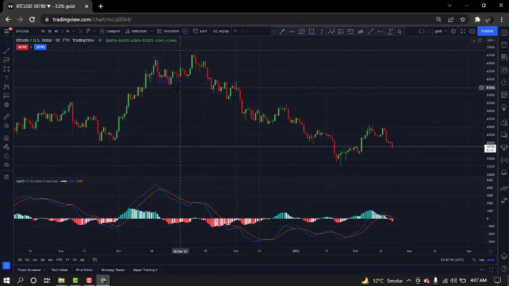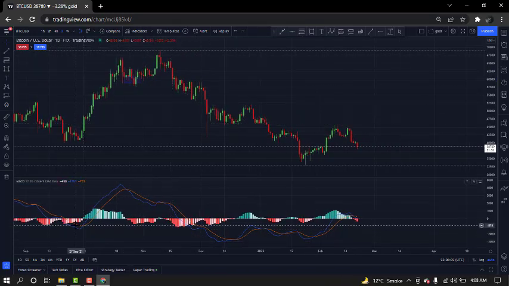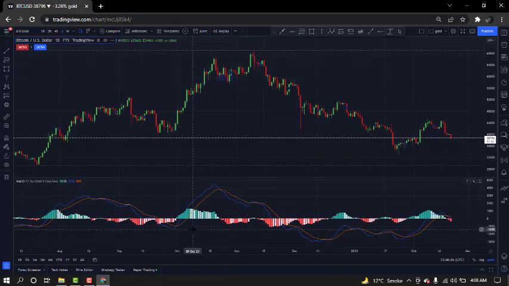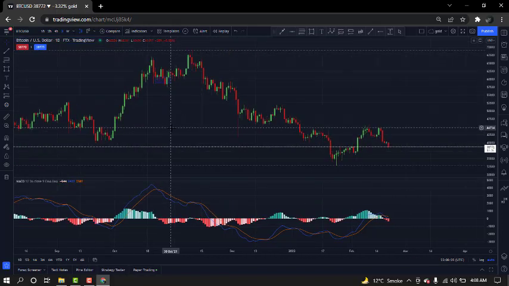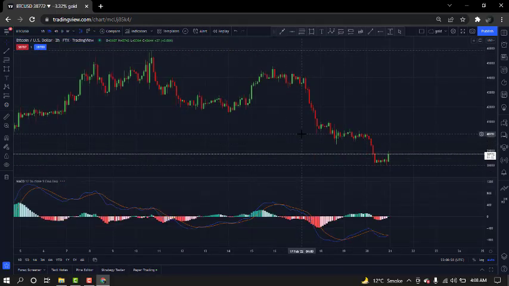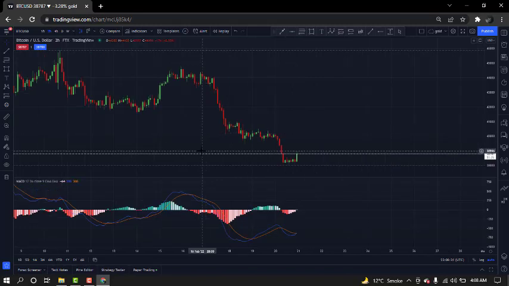And at this point you can see the blue line crosses the orange line upwards, not downwards, and then crosses the zero level. There's a good gap between these two lines, and you can say the market goes up. You can use the 2-hour and 1-hour time frames for confirmation.